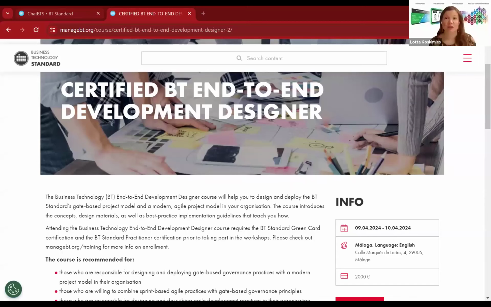I will share from here. So now I'm back at managept.org, and here, when I was asking the chat BTS guide to assess whether a change is small or